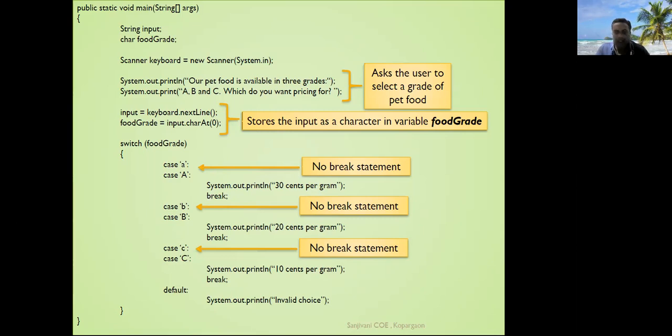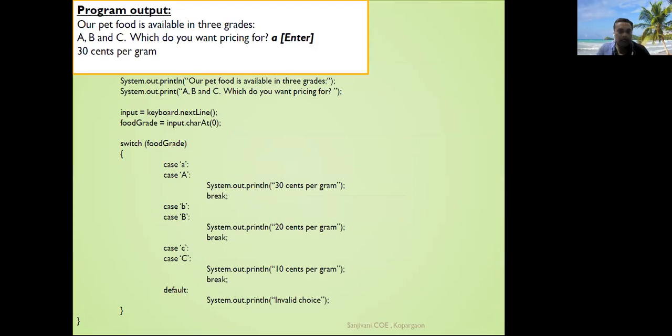That is the example of a break. If the user enters small a, the small a is matched with case A. In case A, no break statement or any kind of statement is specified.